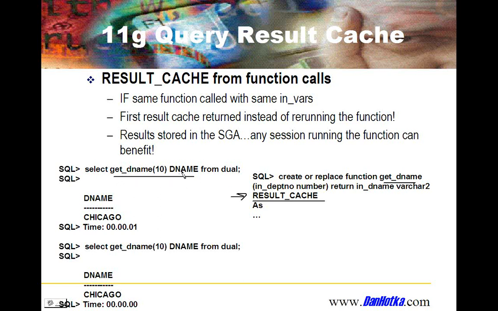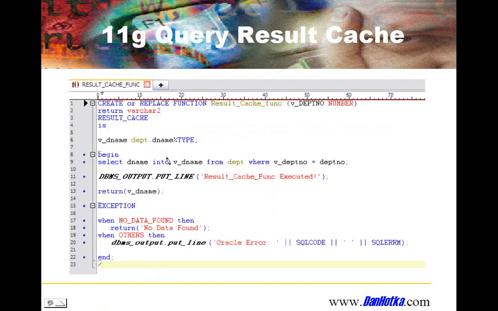I'm getting it returning the department name when I pass it a department code. I run it once. It incurred a smidgen of time. I run it again. It didn't incur any time at all. Of course, this is a small example, and the table would be cached anyway, but just keep in mind that it does indeed work. So I coded one up that's a little bit more teeth in it just to show